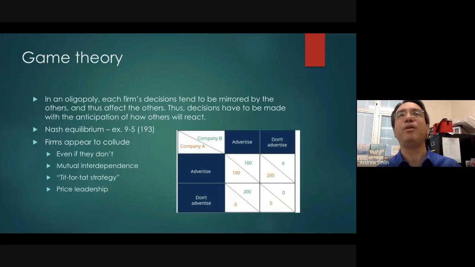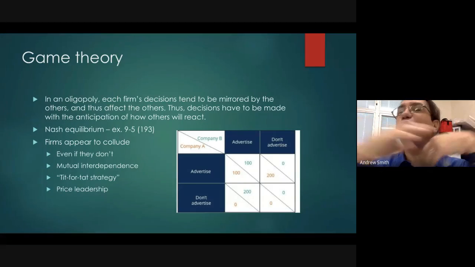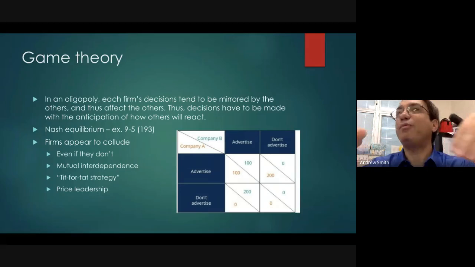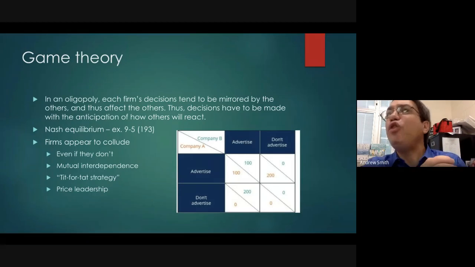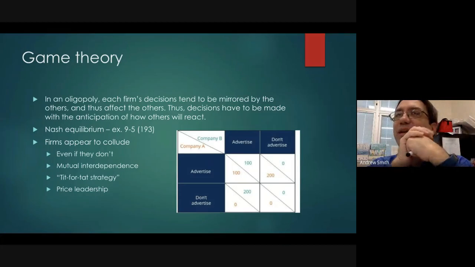So for example, let's say we've got two firms and you can choose a high price or a low price. If we choose a high price, we'll both make a big profit. If we both choose a low price, we're both going to make a smaller profit. If one of us chooses the low price and the other chooses the high, the company with the lowest price is going to make a huge profit. The company with the highest price is going to make the least.